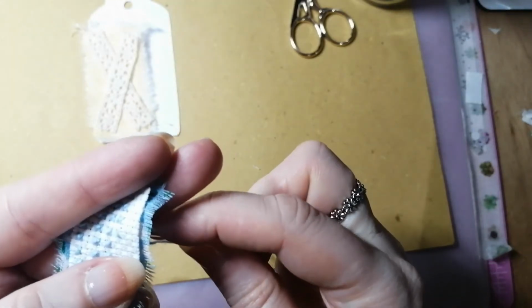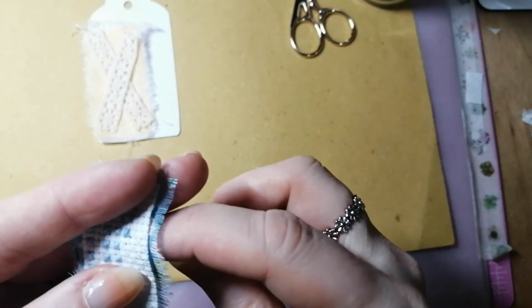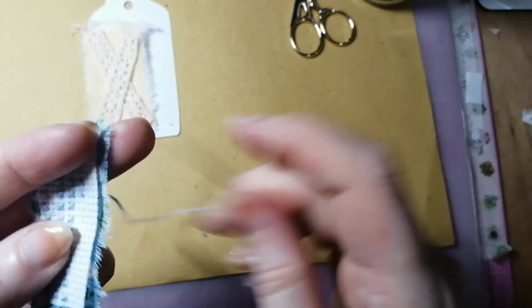But yeah, it's really cool. I keep looking at it and wondering if I could incorporate any of this into journals, because there's some really cool stuff. I thought I could probably use that on a tag or something, and then throw it in a journal. But I don't tend to sell journals very often, so